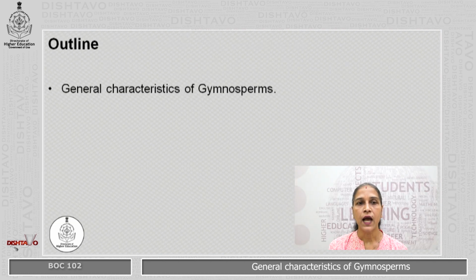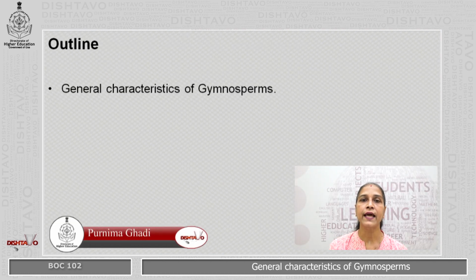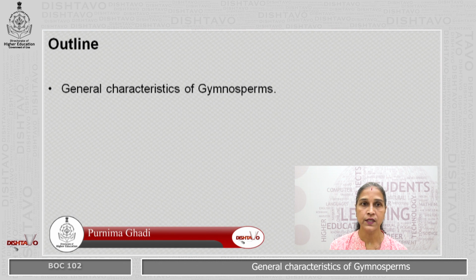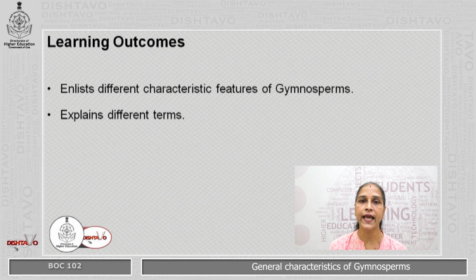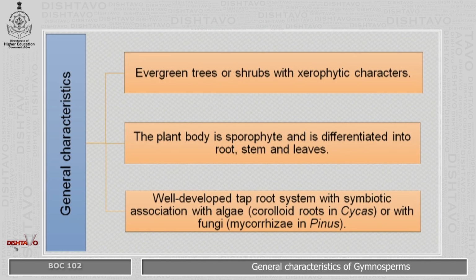In this module, I'll be talking about the general characteristics of gymnosperms, and at the end of this e-module, students will be able to list different characteristic features of gymnosperms and also explain the different terms. What are gymnosperms? Gymnosperms are the trees which develop ovules which are naked, exposed, that is, they are not enclosed